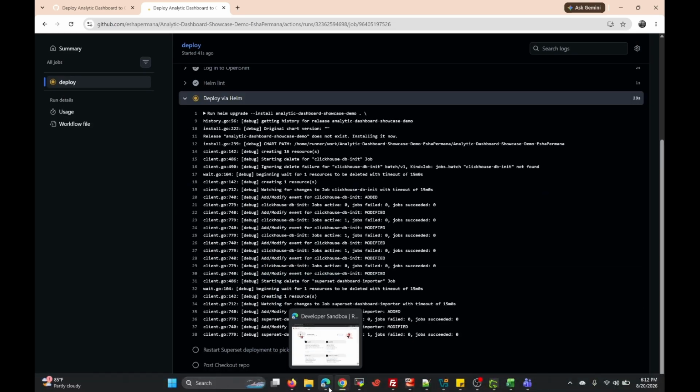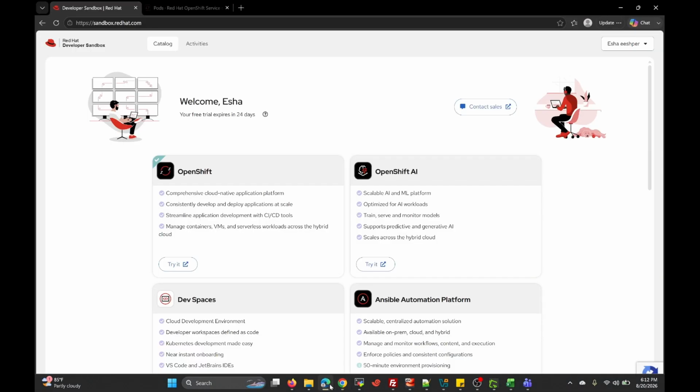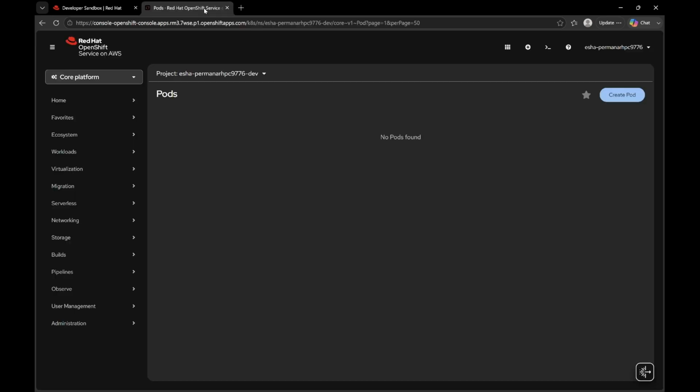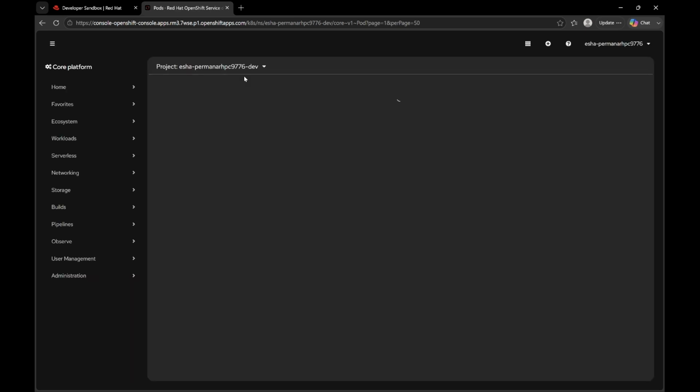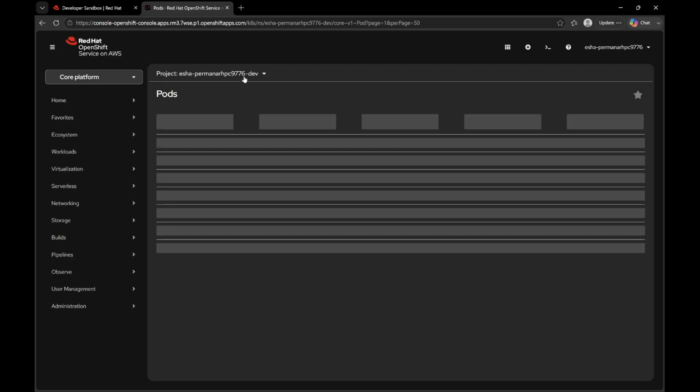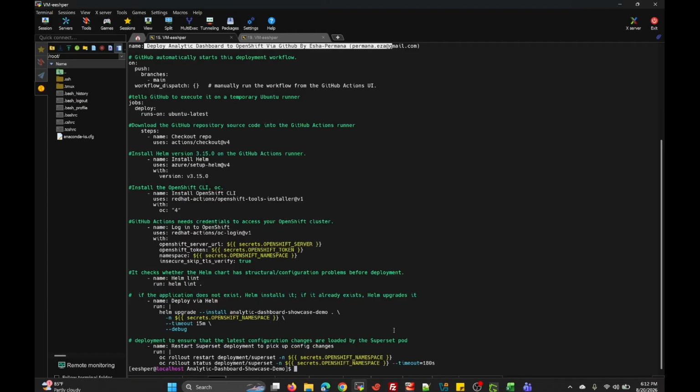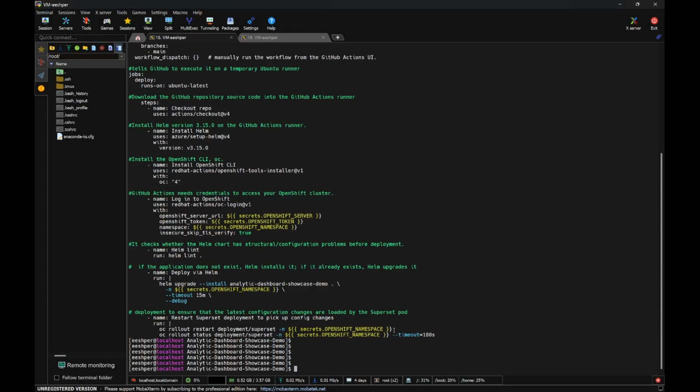Okay, the process is still ongoing, and we can also check on our cluster. We can check the workload and the pods. We can also check in our terminal with oc get project.